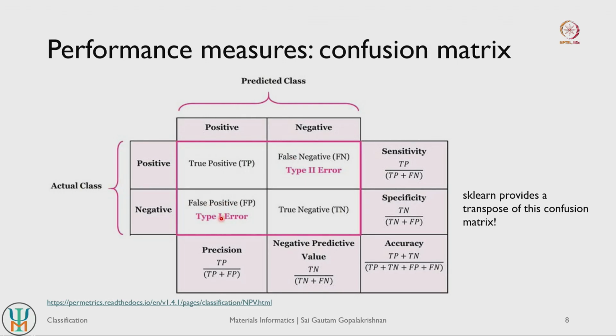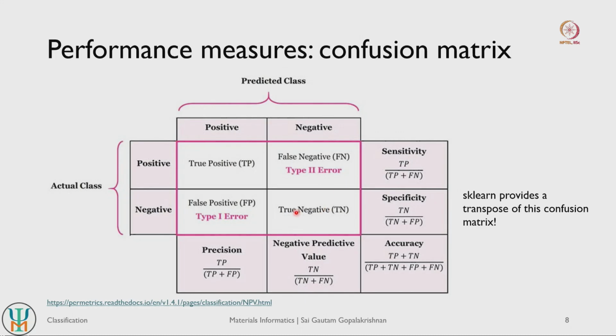The third one is what is referred to as type 1 error. This is false positive, so the model is predicting something to be true, but in reality it is not true. You can also have the other way around, which is referred to as type 2 error, where the model is predicting something as negative but the actual value is positive, so this is a false negative. If you think in terms of a matrix form, these are diagonal values and these are off diagonal values. You typically want to maximize your diagonal values and minimize your off diagonal values. That is what you want to do in a simple classification model.